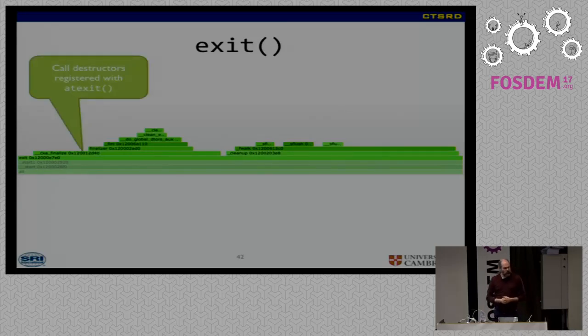So the first thing it does is, when I was talking about initialization earlier, all of those initialization methods have a counterpart for destructors or finalizers. So for the init function, there's a fini function. For ctors, there's dtors, destructors to go with the constructors. And there's also a fini array of function pointers. In this program, none of them actually get called to speak of, but one function does get called, which is